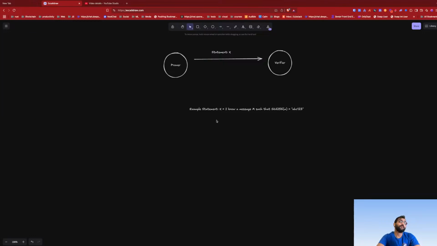That's the statement X, and the message M is the witness. Let's say you don't want to reveal the message M to the verifier, but you still want to prove that there is a message such that the hash of M is ABC123. That's the ZK problem, right? So how do you prove that? That's what ZK is all about.